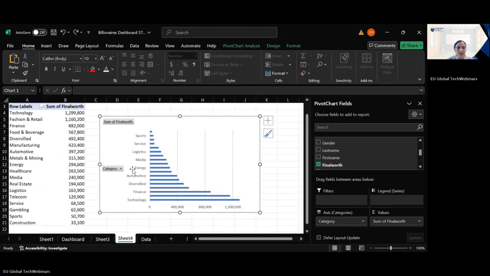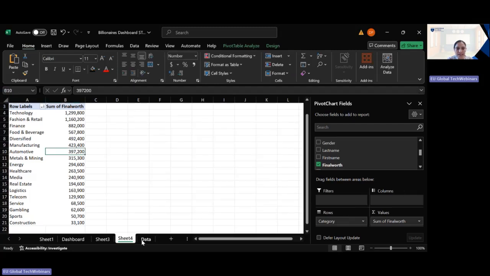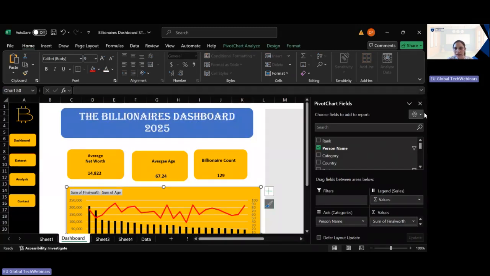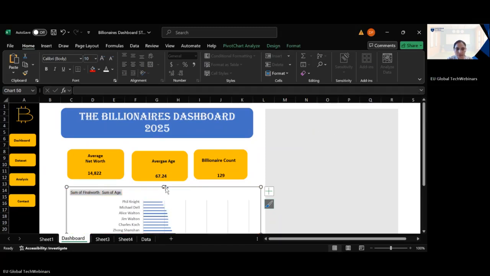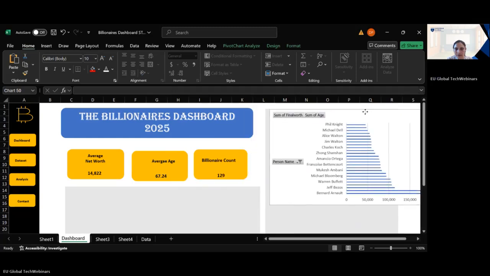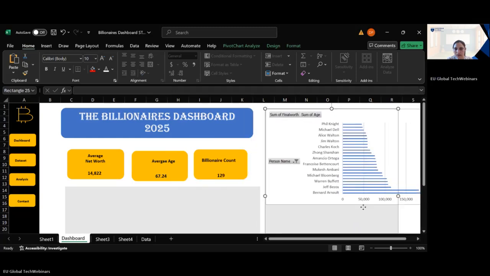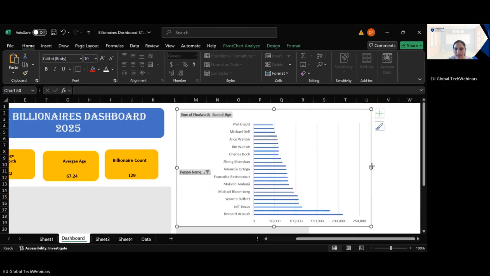Okay. So this is your more better. So we will just do a Control X and go to our dashboard. And then we are going to put it over here with Control V. So we are just going to drag it and put it in this area. So this is the way by which we can select the age and the